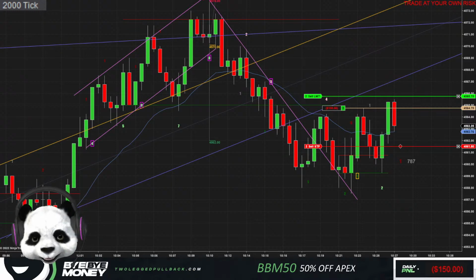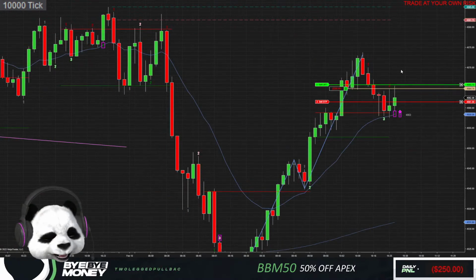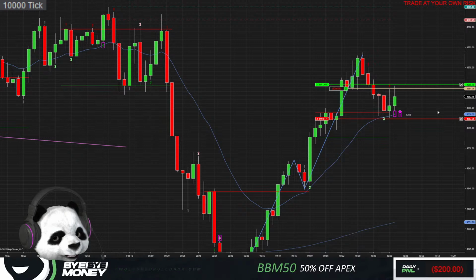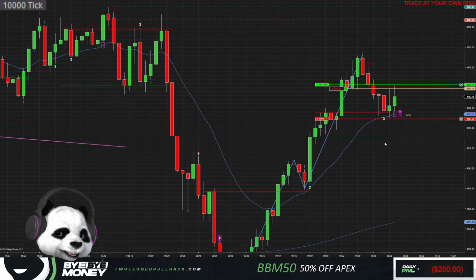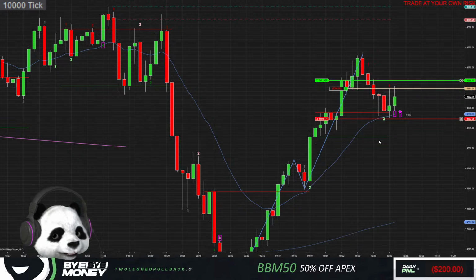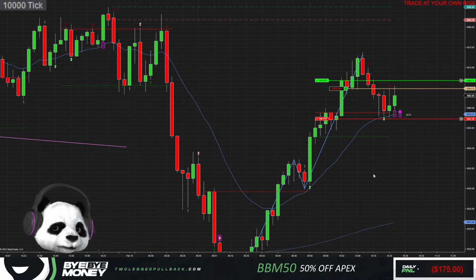It's tricking me. The main reason is because the second entry long actually does trigger on the 10K chart. Technically, my stop loss needs to be down here. It's a big stop loss. Maybe we're talking about 8 points. It's a two-legged pullback. Oh man, I could be suffering here. I'm gonna let it play out though. If it gets me, it gets me.